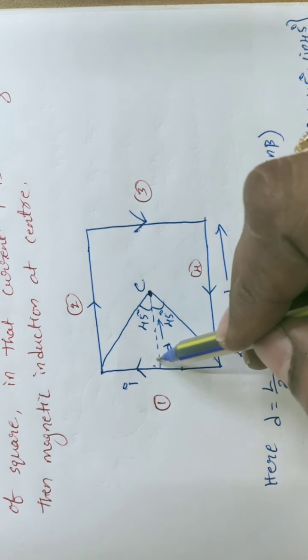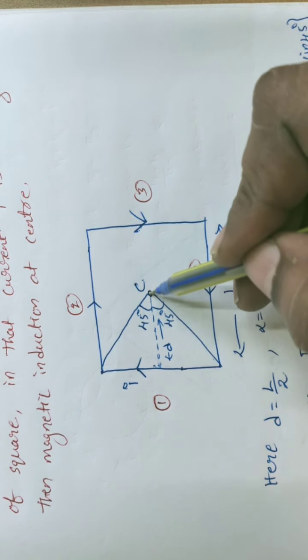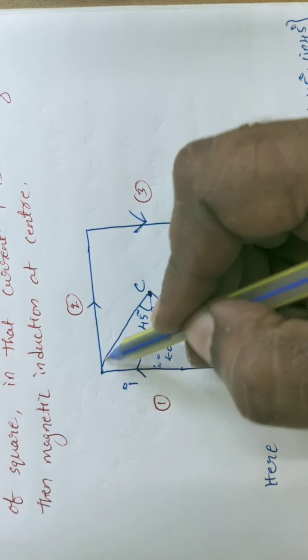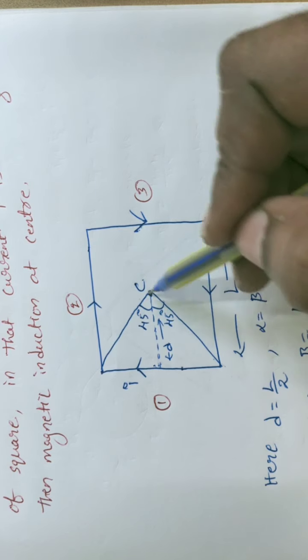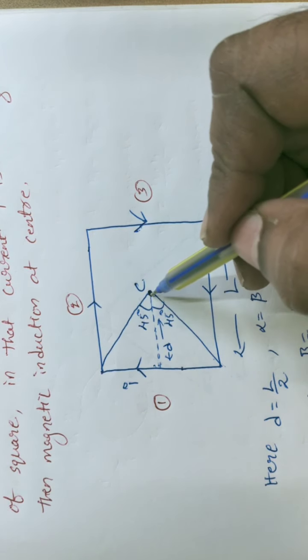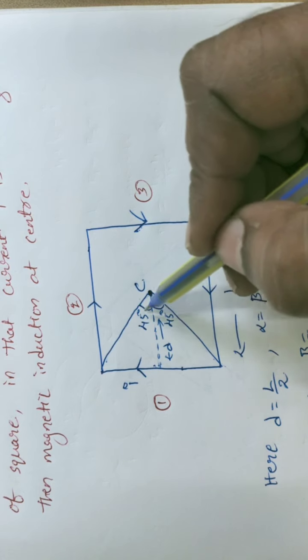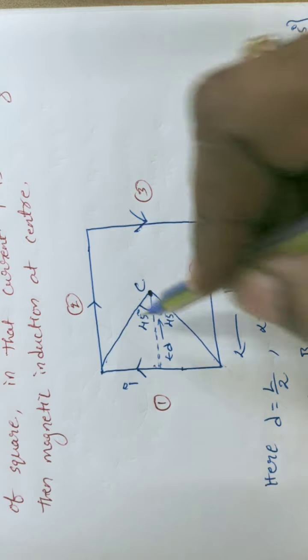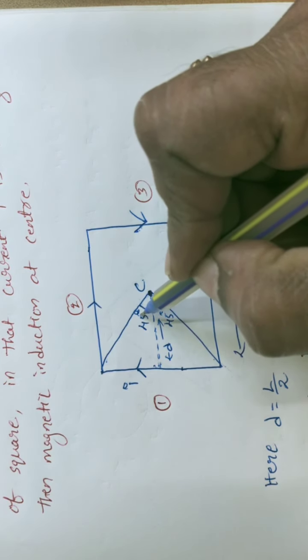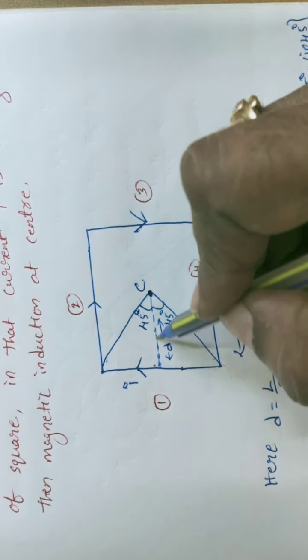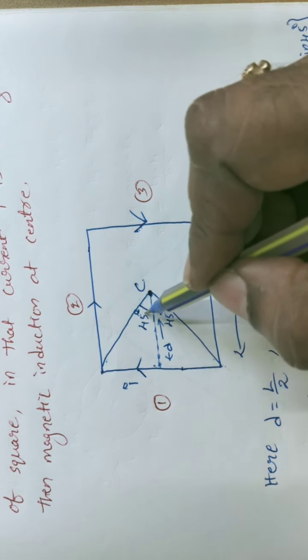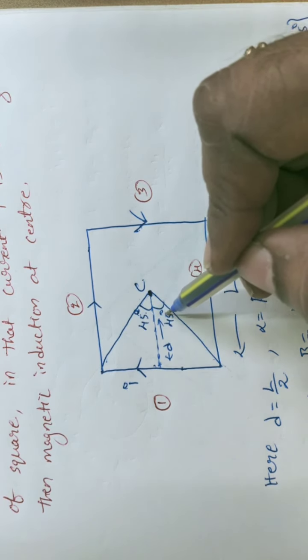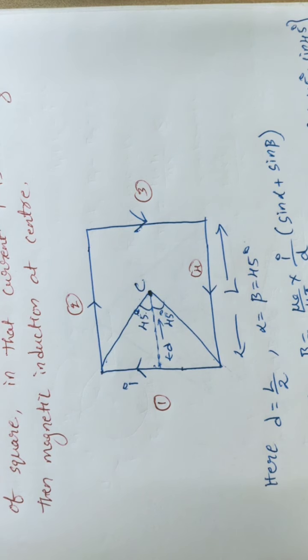Is it clear, students? One more thing: at the center, by drawing the diagonal lines like this, this is the diagonal intersecting point. In between these two totally 90 degrees angle will be present, we know. So with respect to the perpendicular distance to this line, here 45 degrees and here also 45 degrees. So ultimately alpha is equal to beta is equal to how much are we finding, students?